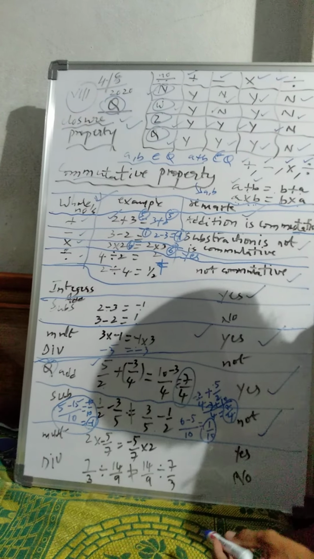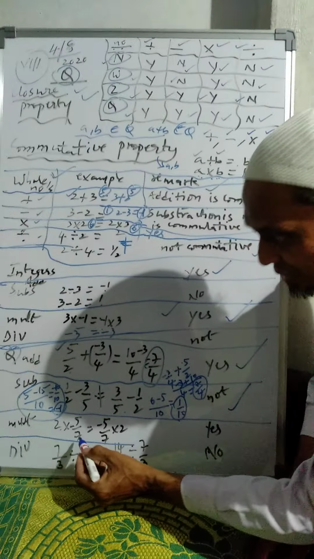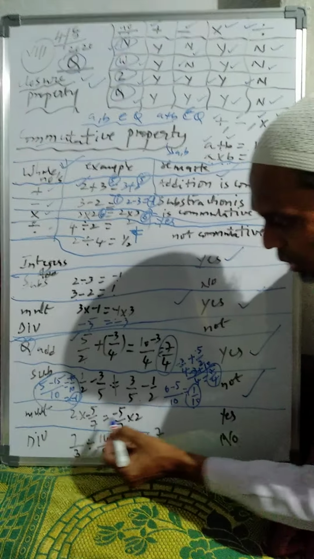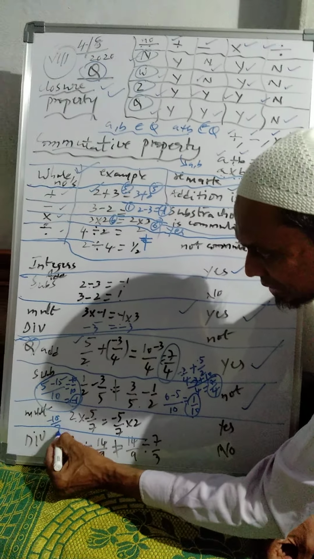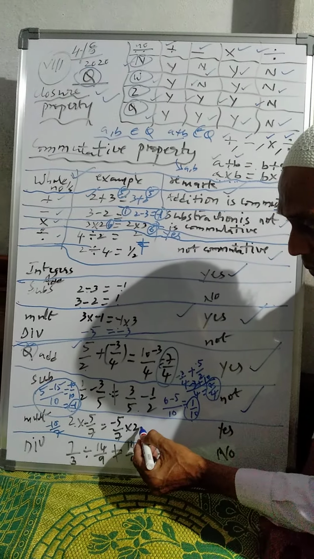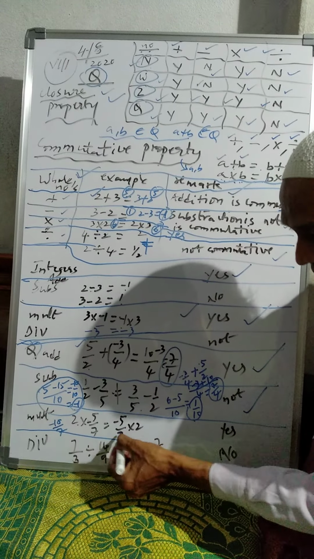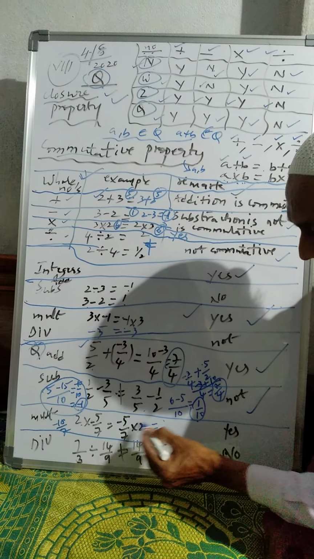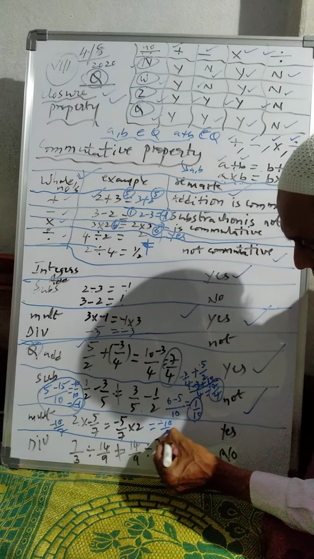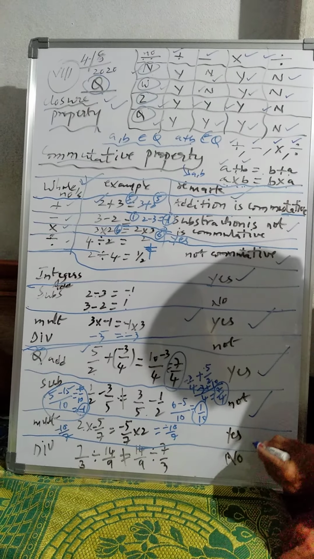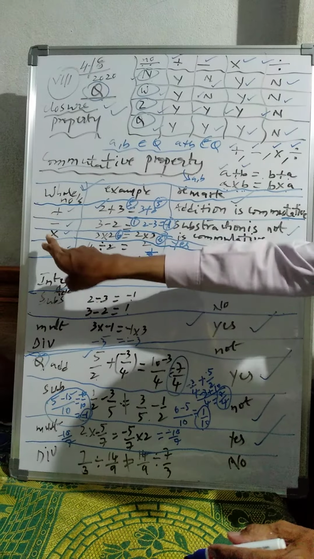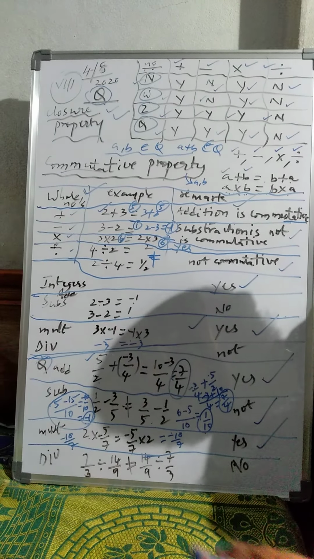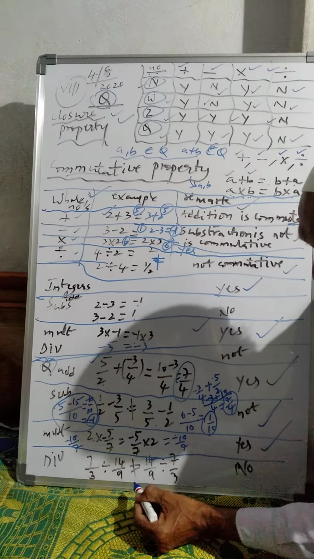Is it clear? Now multiplication: 2 by 3... 5 by 2 into minus 5 by 7 is equal to how much? This side 5 2s are 10, that is minus 10 by 7. Here, if you interchange, minus 5 by 7 into 5 by 2, it is nothing but 5 2s are 10, that is minus 10 by 7. Hence multiplication of rational numbers is commutative.